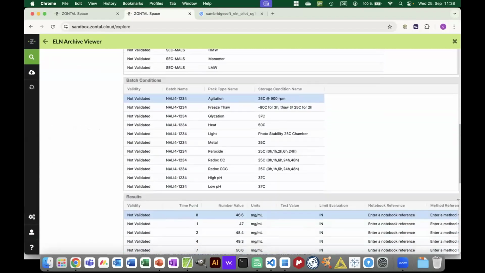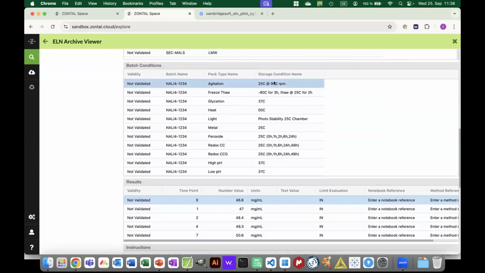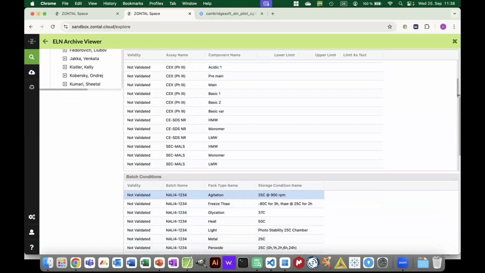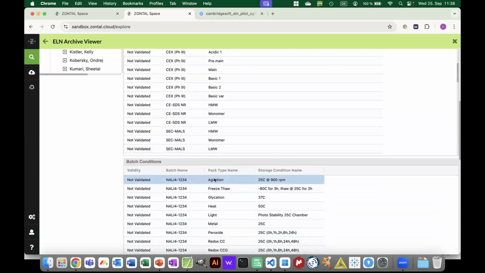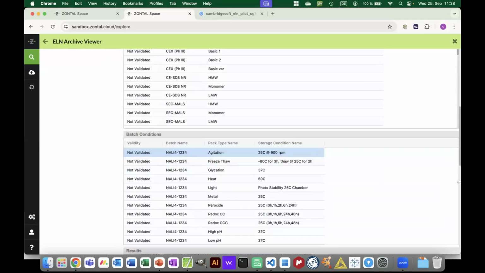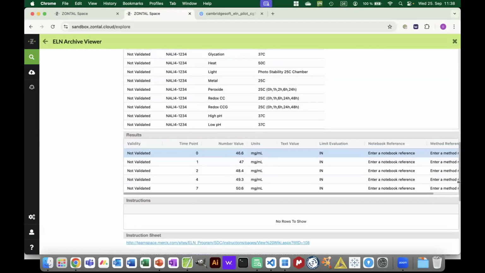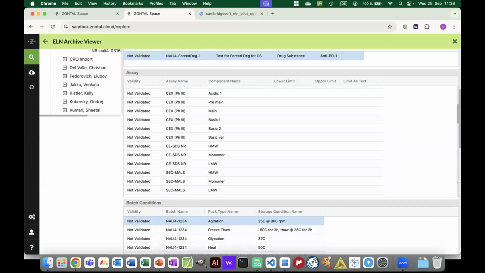Many more things that we can look at, but with a normal 900 RPM shaker, we have this over the days here. We have these results. So all of this, and it doesn't matter where this data comes from, how this experiment is set up, all of this is stored inside Zontal and represented here. Means if I'm going up here and choose not necessarily the agitation, the normal results here, I can see, okay, let me find my